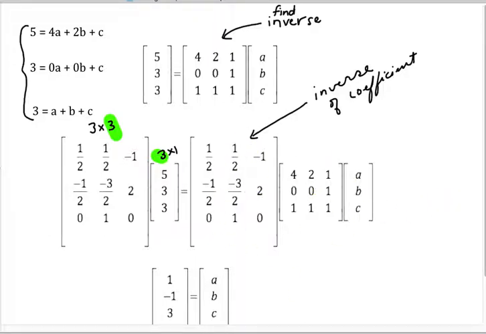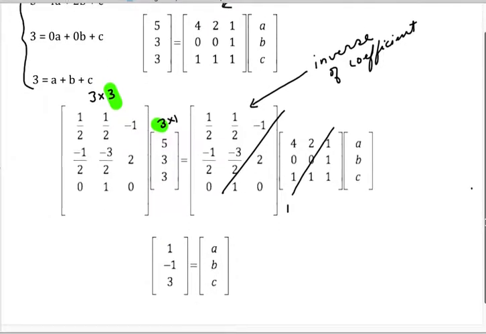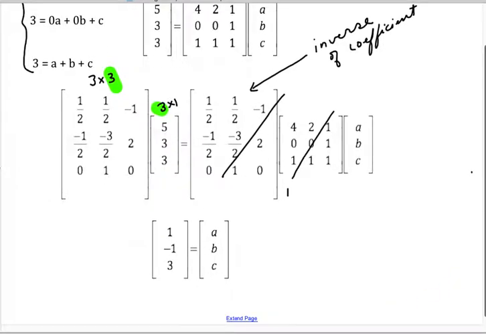So these, the inverse and the coefficient matrix, cancel down to the identity matrix, which cancels them out. And I'm left with the solution of this multiplication problem here, which is 1, negative 1, 3,